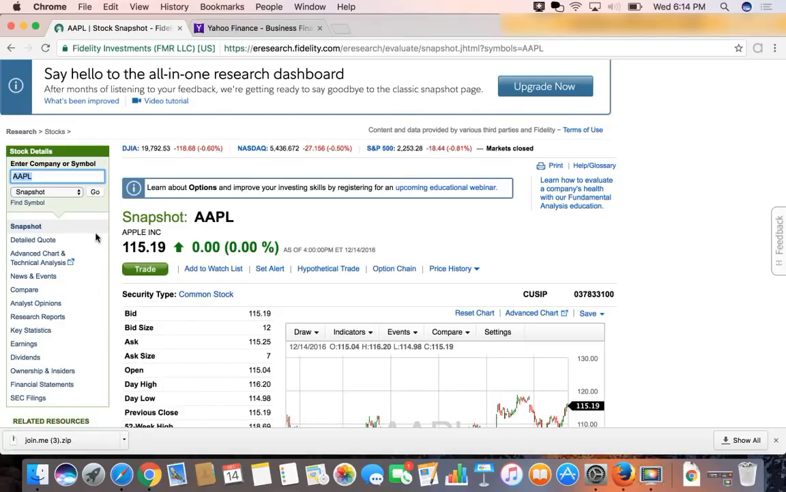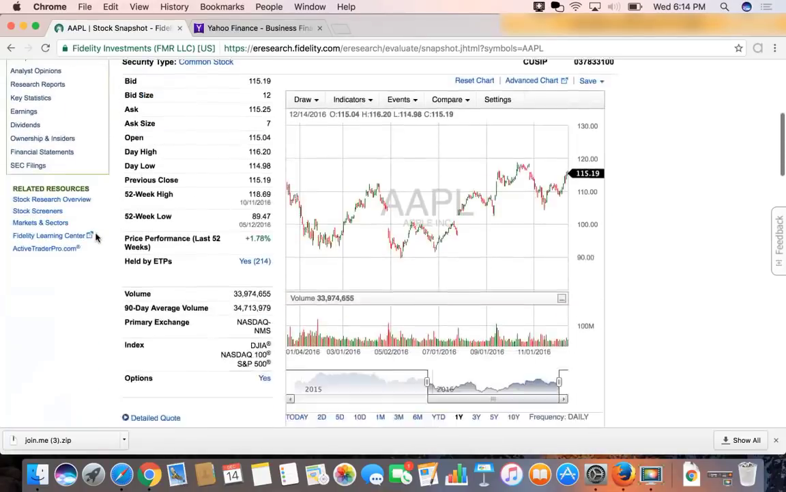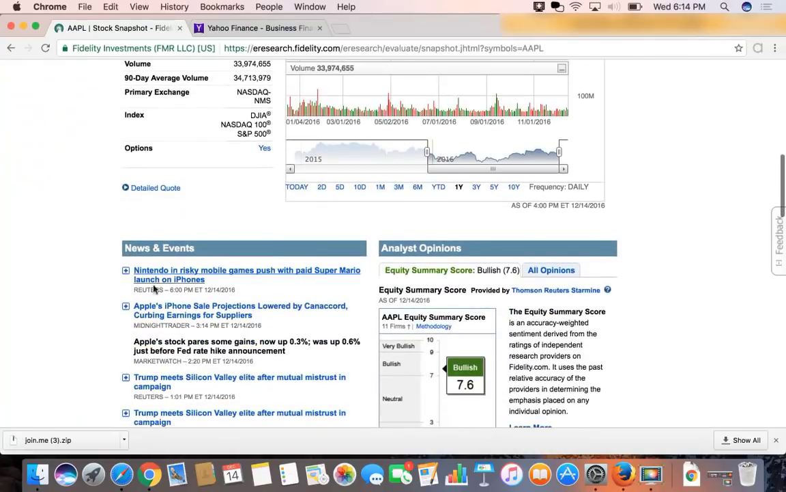I use Fidelity a lot when news comes out. If you come down here, I can see news and events and see what's happening. I'm making this video on December 14th, and as you can see here, Nintendo and risky mobile games push with Super Mario launch on iPhones. I'm not even looking at Apple right now, but yeah, I can see the news. I can see the latest news and see,